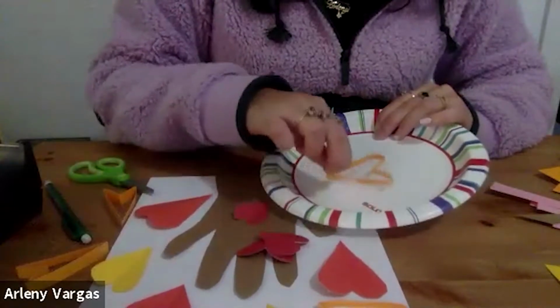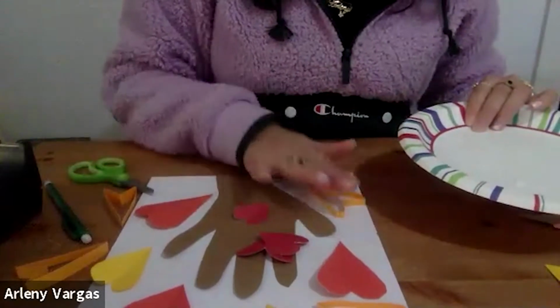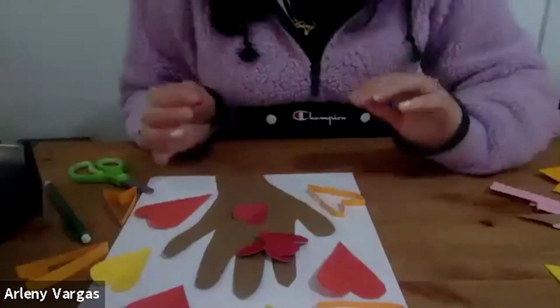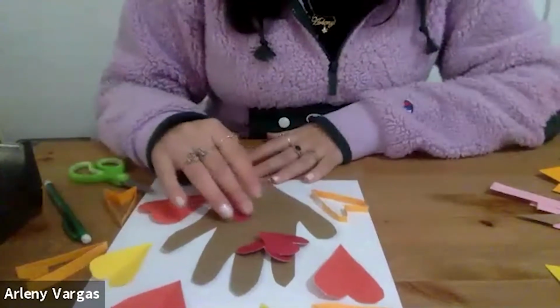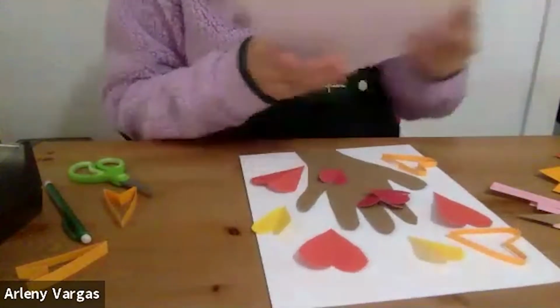And then once we have enough glue, you just push it down gently onto your surface and be careful not to knock it over because they're really easy to unglue. So just wait for it to dry before you do anything else. And so again, your project can look something like